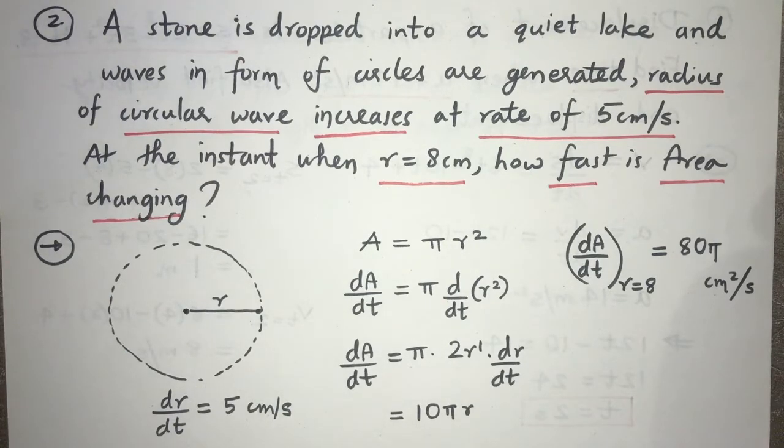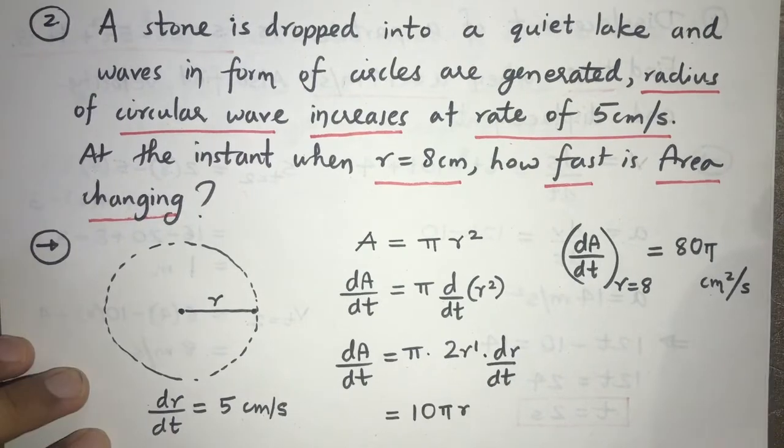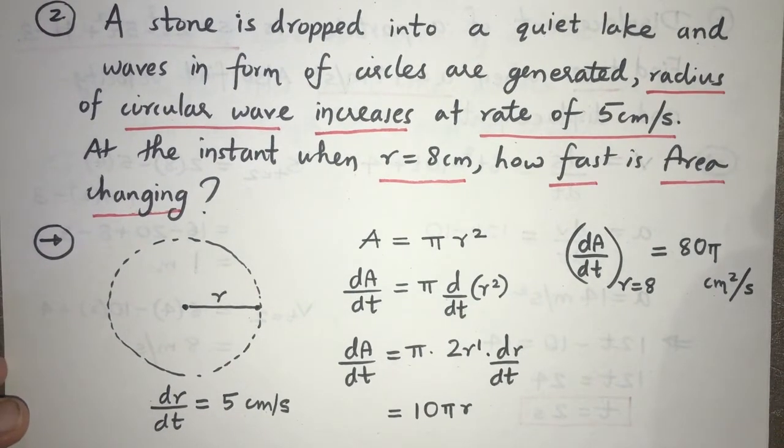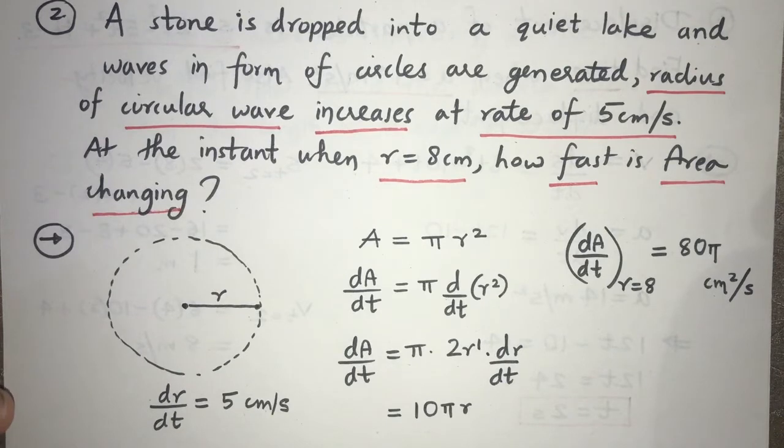Simple, straightforward. Like this only we are going to do the other sums also. So it's not always about differentiating displacement to find velocity, or differentiating velocity to find acceleration. You can have any variable quantities being differentiated with respect to time.